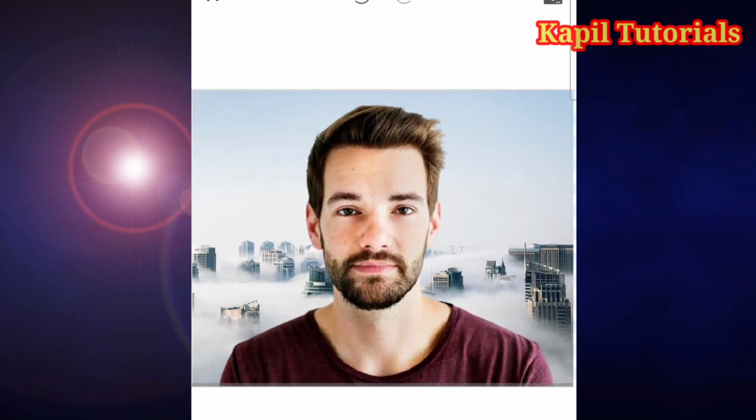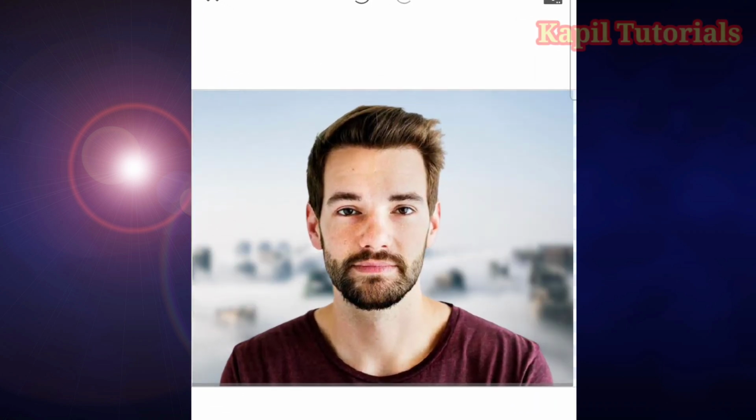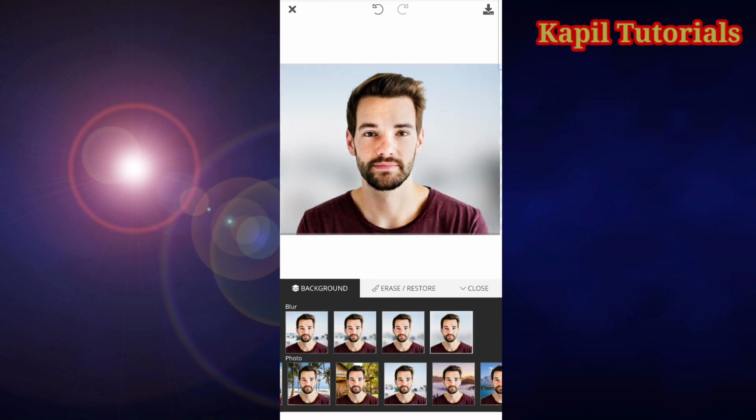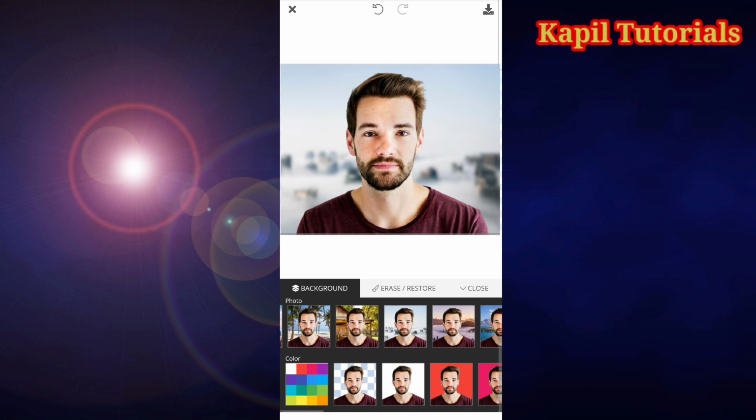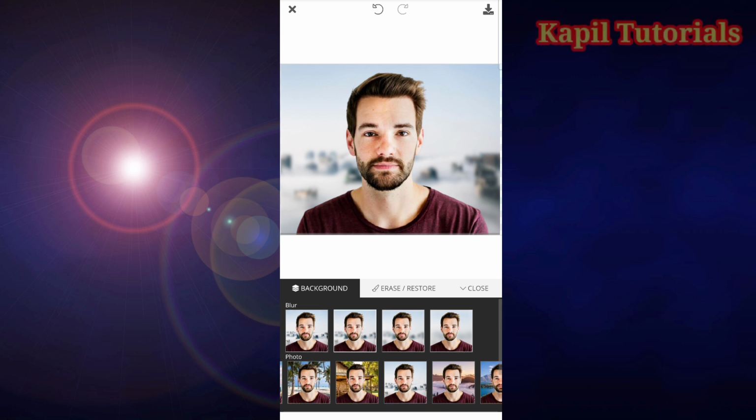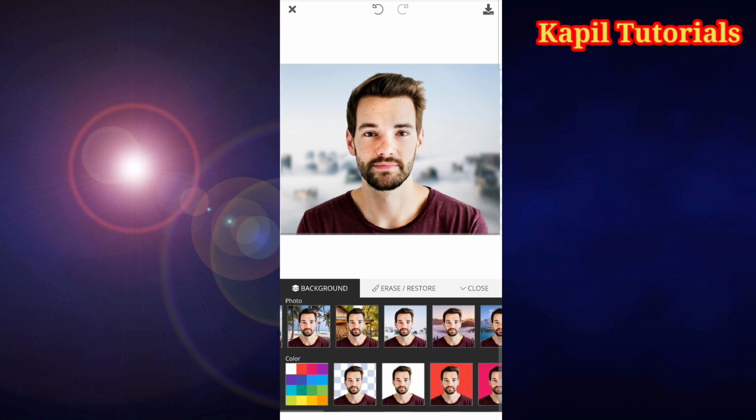You could see the first setting of blur. Number 2, you could see the difference. I hope you will notice it. Number 3 and number 4. So I hope this is okay for me. I think you will find this option very beneficial for you.